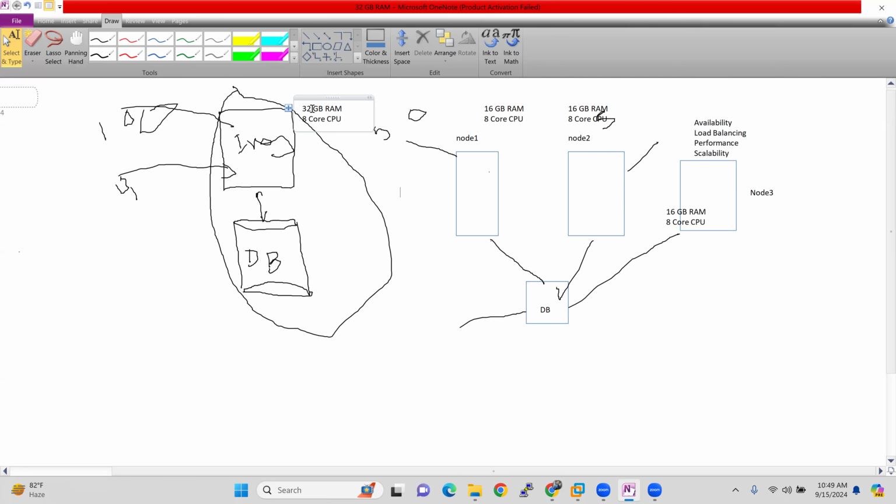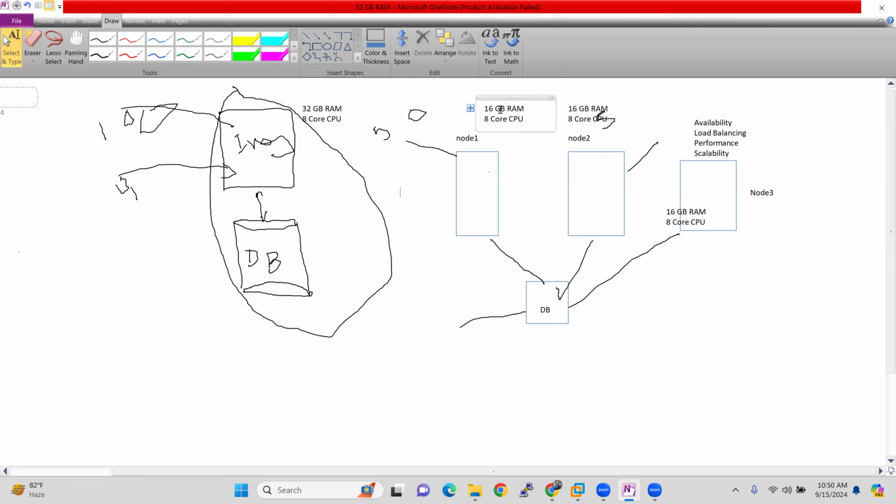Okay, so this is called vertical scaling, and in RAC that is called the horizontal method. Horizontal means, in vertical, what's happening? We are increasing the resources of this single machine, just increasing the RAM and CPU only, right? But why do we say horizontal in RAC? Because we are adding a node here,